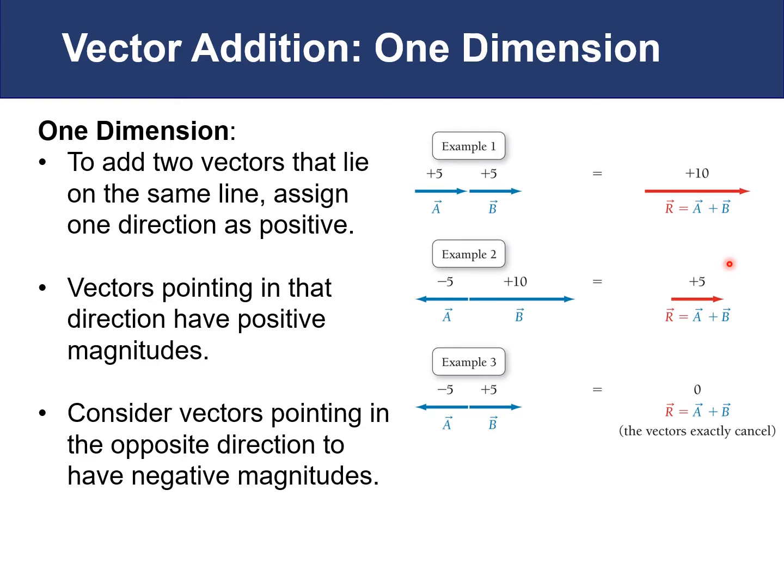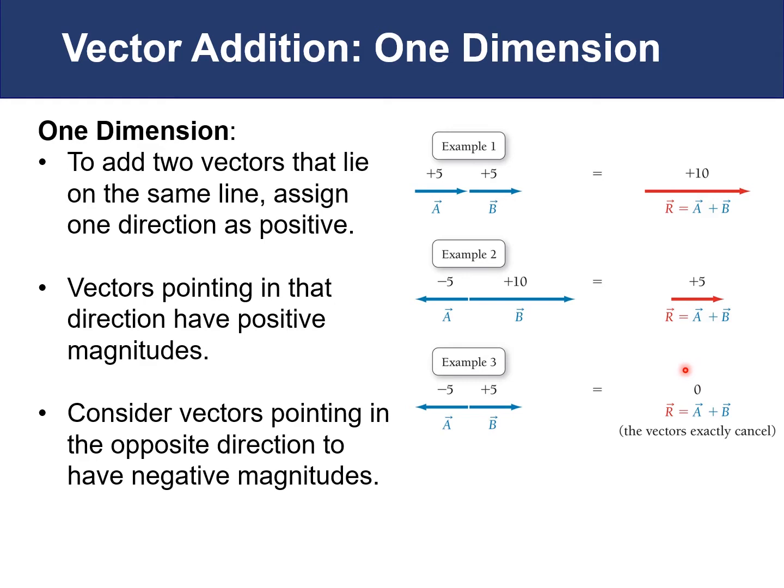right. We could also have two vectors that are pointing in opposite directions and are equal in magnitude. In this case, A is pointing to the left 5 units and B is pointing to the right 5 units. When we add the two together, they completely cancel each other out, resulting in a null vector, a vector of